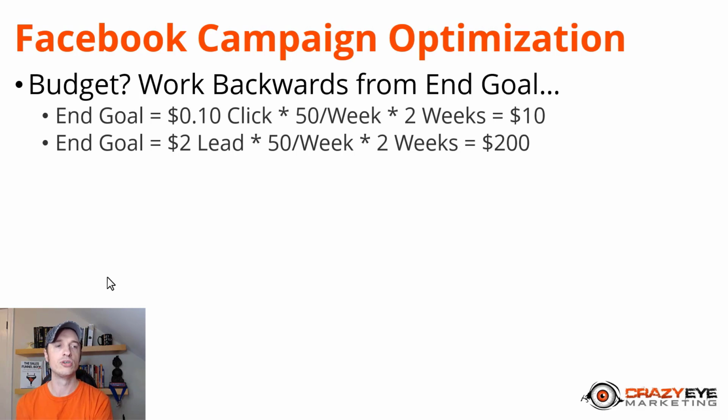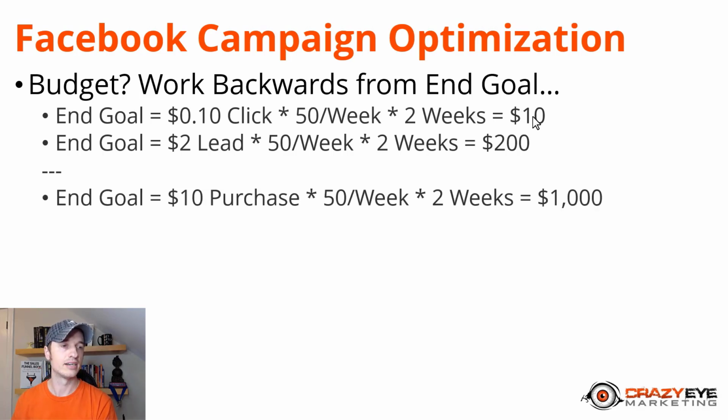Let's say that we're going after $2 a lead. So $2 per lead times 50 leads per week times 2 weeks equals 200 bucks. You need to budget out $200 to launch this campaign, let Facebook's algorithm optimize it, all that type of stuff, okay? At least 200 bucks. You could spend 2,000 if you wanted to, but at the minimum 200, and at the minimum up here, 10. All right,